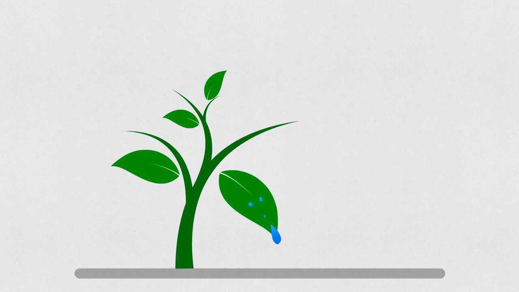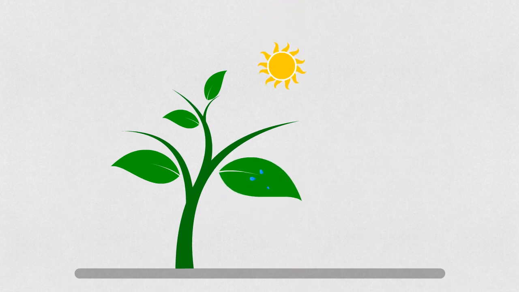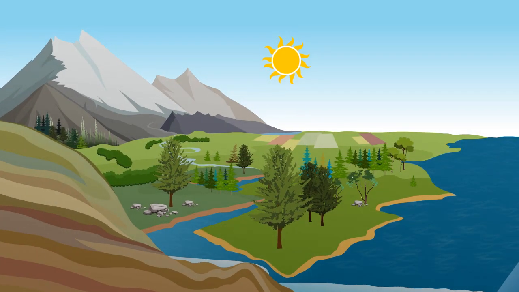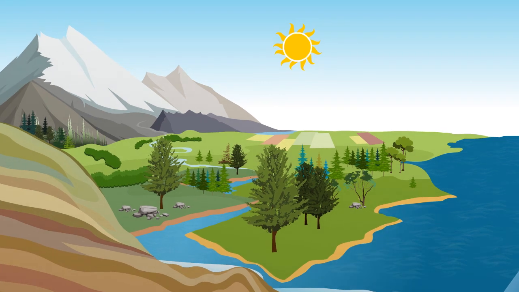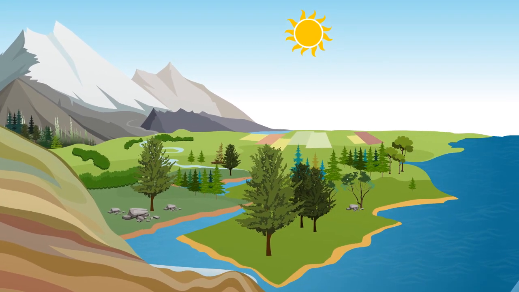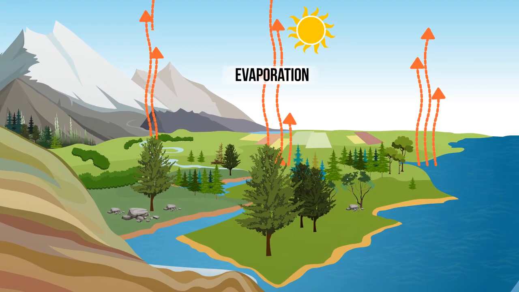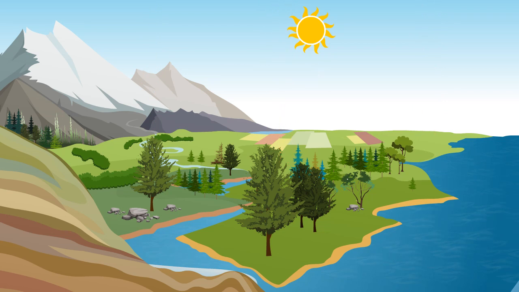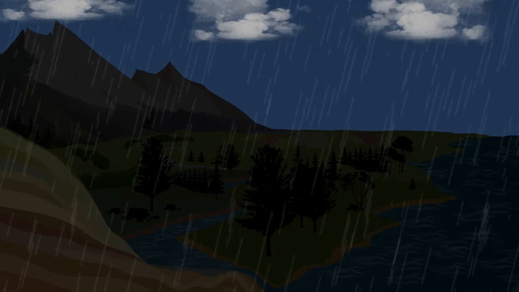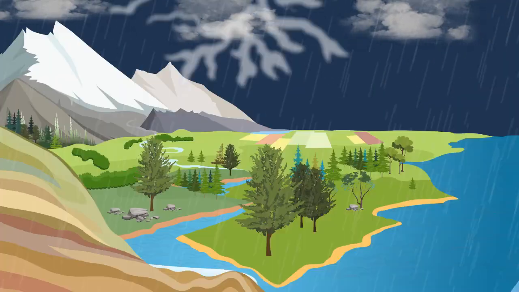The first step in the water cycle is evaporation. Evaporation is what happens when water changes from a liquid to a gas and becomes water vapor. It takes place from water bodies like lakes, rivers, and oceans, and also from plants. Water evaporates and changes into water vapor in the atmosphere. The water vapor forms clouds, and when conditions are right, it falls to the earth in varying forms of precipitation